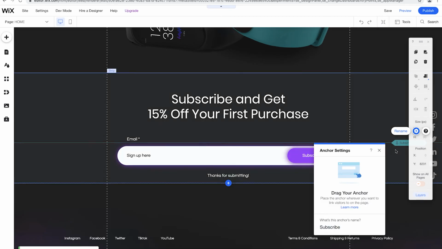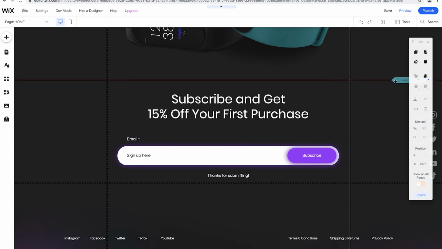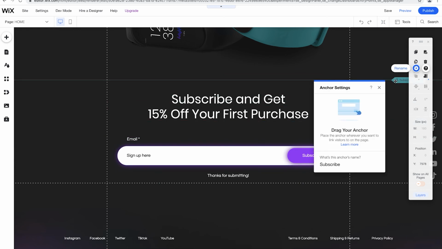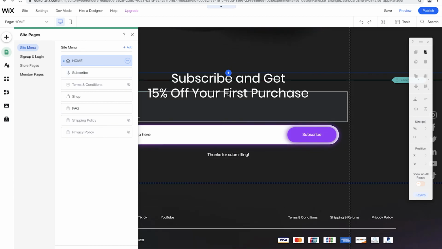And click enter. We see our anchor here, and in this case we're going to pull it up ever so slightly, so when the user clicks the link to it, it will bring us just to the top of where the subscribe text is. We can see that when we added the anchor, it gave us a new link in the menu where there's an anchor to the left. We're going to rename this link. So let's call it also subscribe and click done.